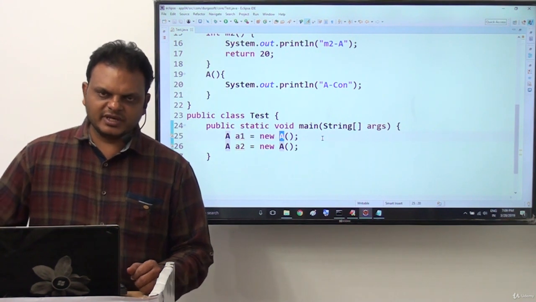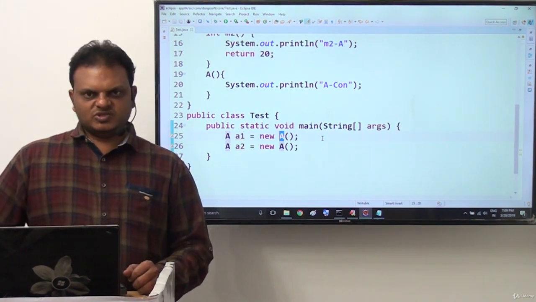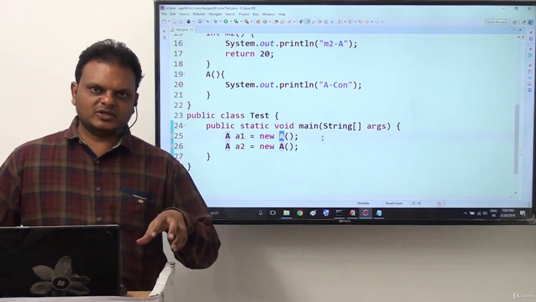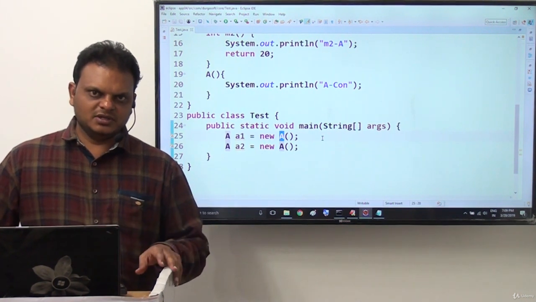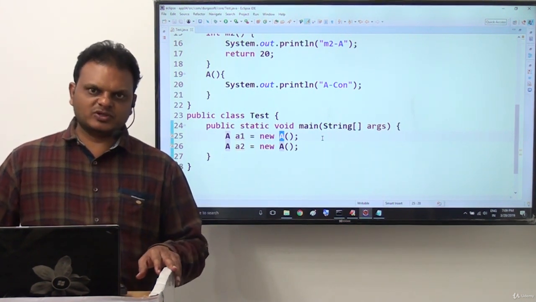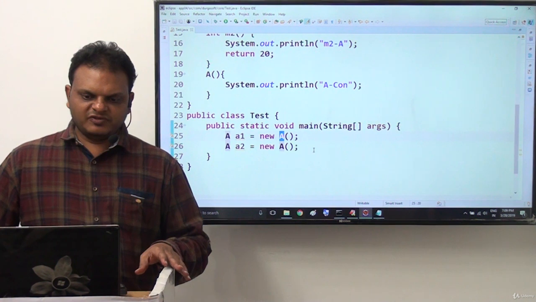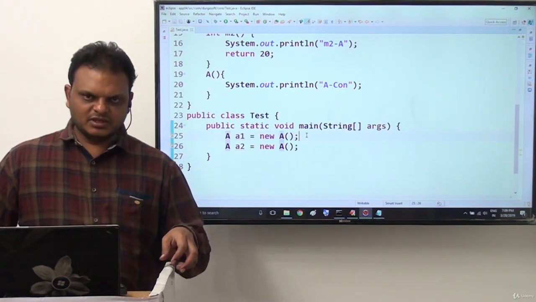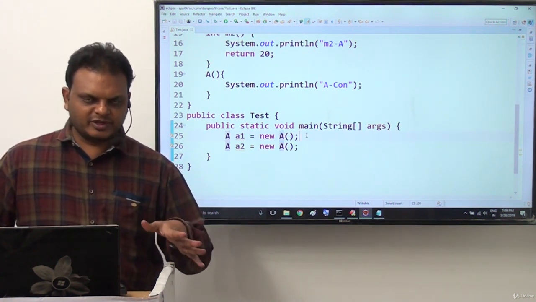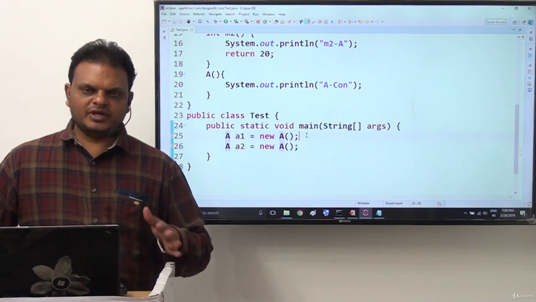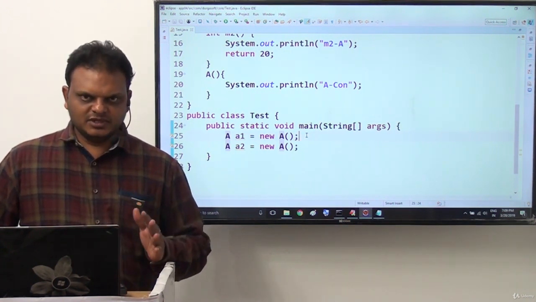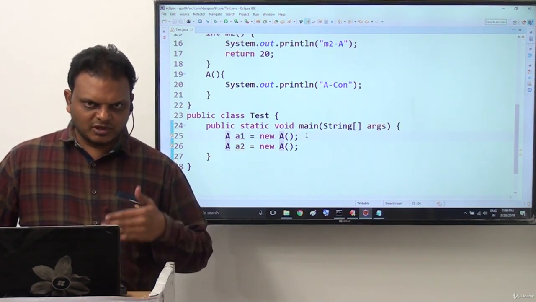But before loading A class bytecode to the memory, first JVM has to check whether A class bytecode is already loaded or not. If A class bytecode is already loaded previously, now JVM is not loading A class bytecode again and again.